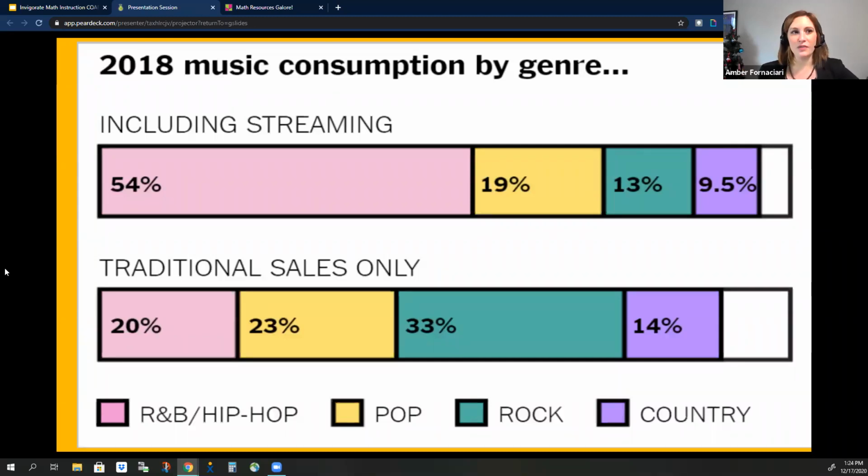And many of them make kind of ancillary comments like Rob in the chat. What? No jazz? Yeah, exactly. Or who listens to country, right? You hear that and you immediately get this engaged response to your instruction. Yeah, no classical either. You're right. Again, this is musical consumption by genre, including streaming and then traditional sales only. And if we were to do the notice and wonder again, I'm sure you'd have lots of questions, because this one sparks a lot more questions for me than it does notice for me. Okay, so